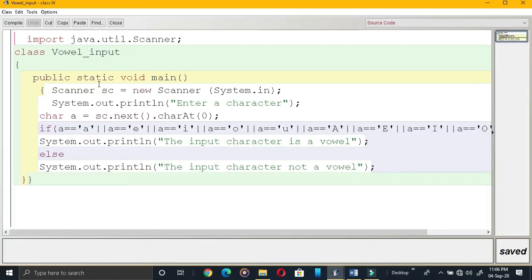See, this is the program. The scanner, it was explained very clearly to you in my previous video. So whenever you need to get input by using scanner, you need to write this import java.util.Scanner. Then your class, then as usual your main method.